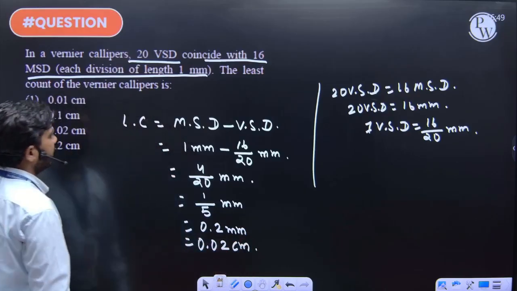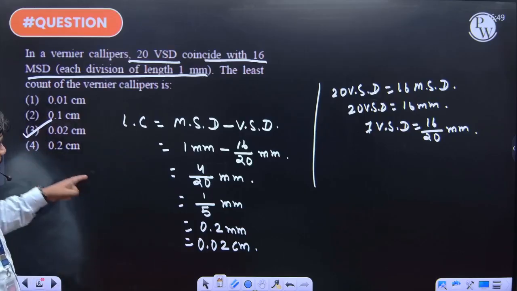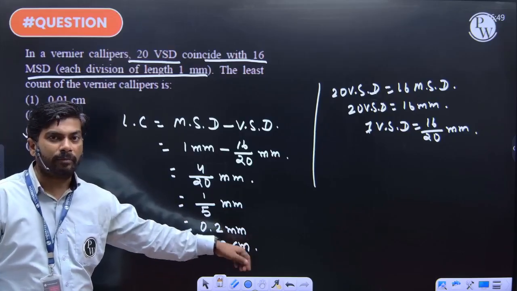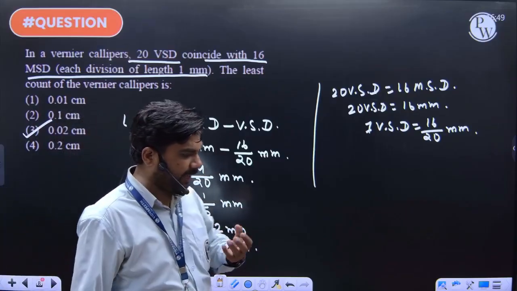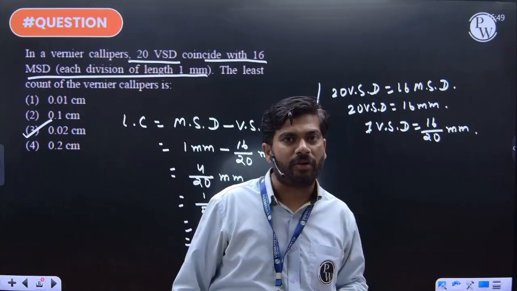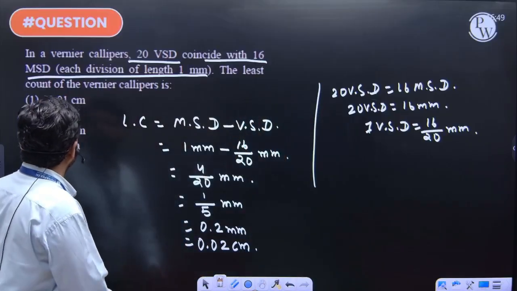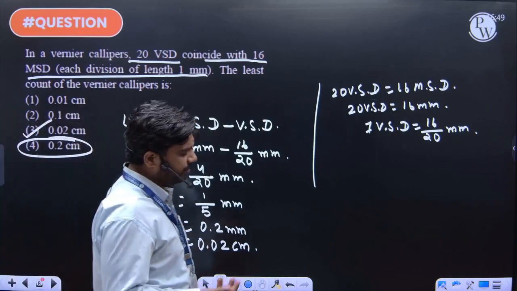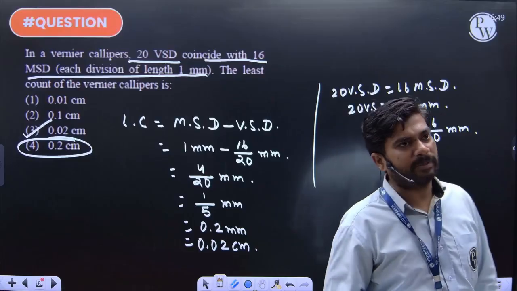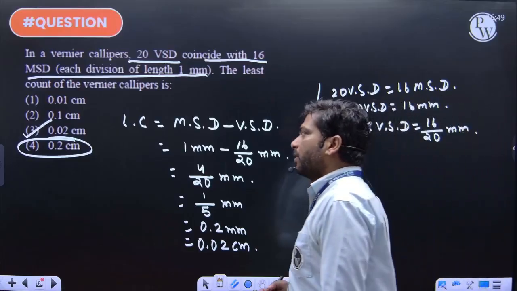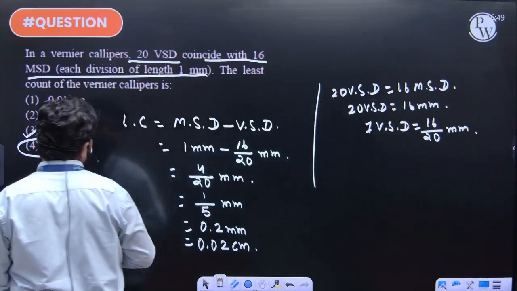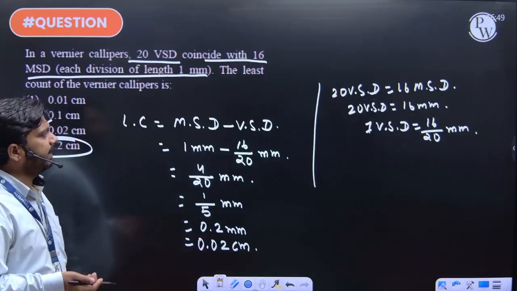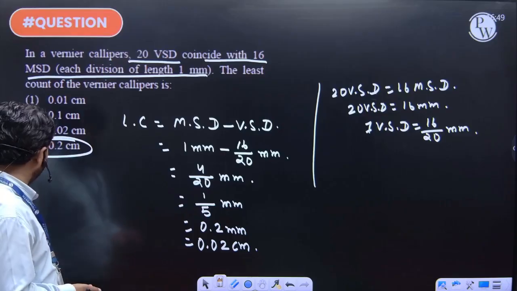One more thing: here you are getting 0.2 mm, and by mistake, since you are under a lot of pressure in the examination hall, you should be very careful about which unit they have given. You should not mark this as 0.2 centimeter, because these are the common mistakes students make. Even after solving the paper, they mark the OMR wrong. You should be very careful whether the unit is centimeter or millimeter. Next,